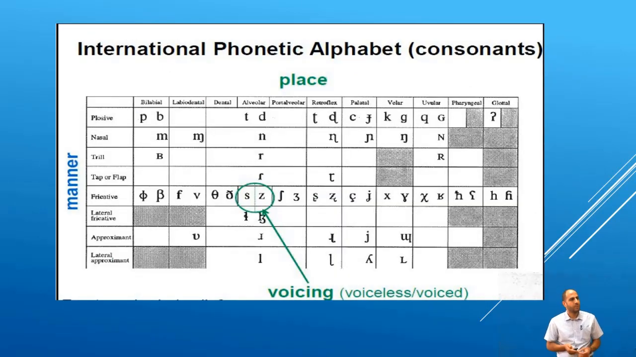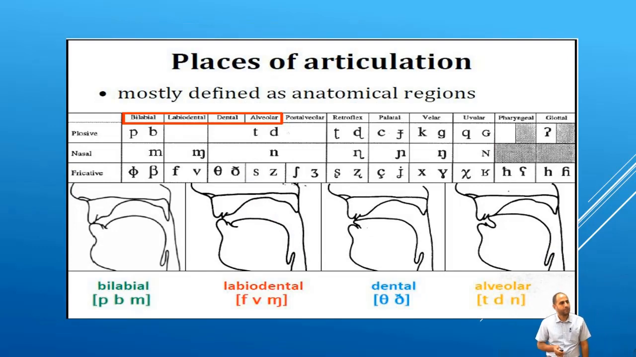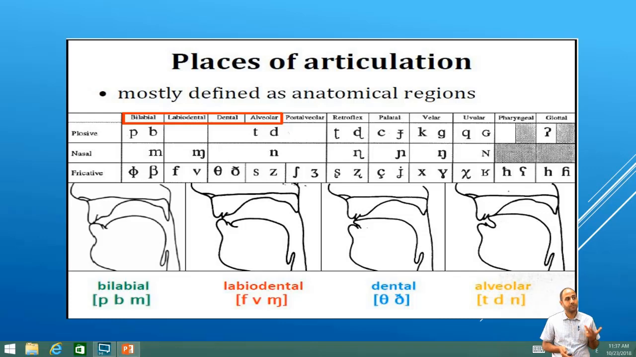For place of articulation, we are starting from the front of the oral cavity and ending with the very back region of the oral cavity. For example, we have four regions in the oral cavity, which are bilabial, labiodental, dental, and alveolar. The sounds produced in these four regions are called